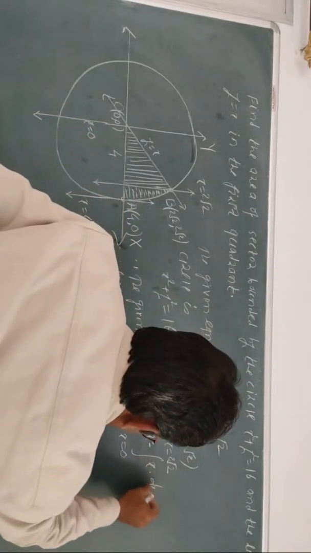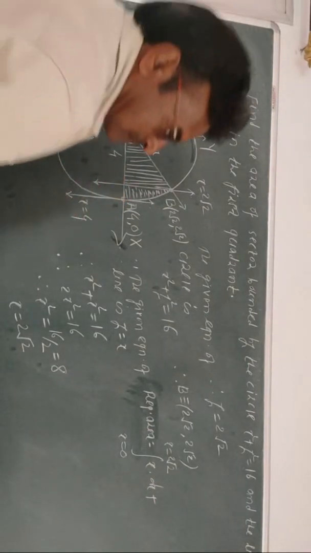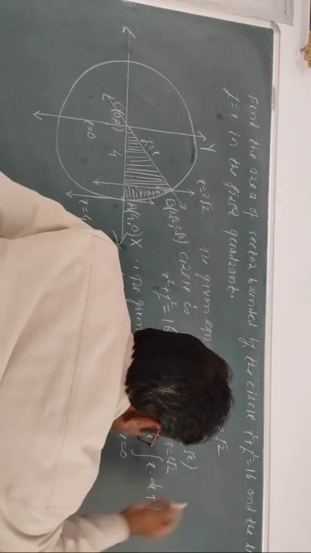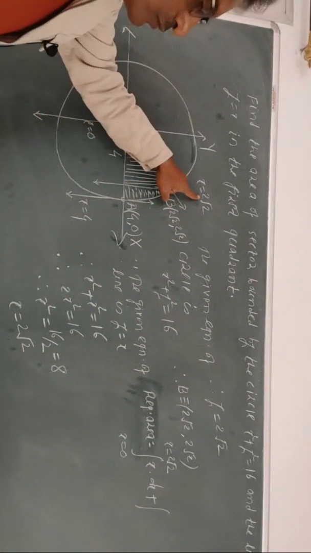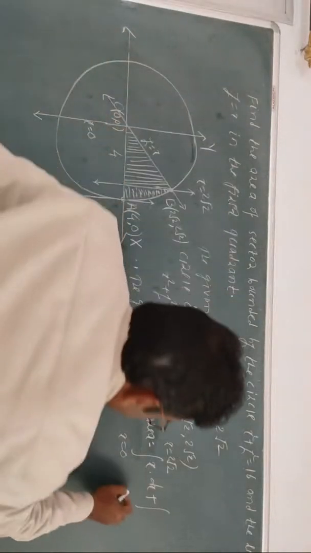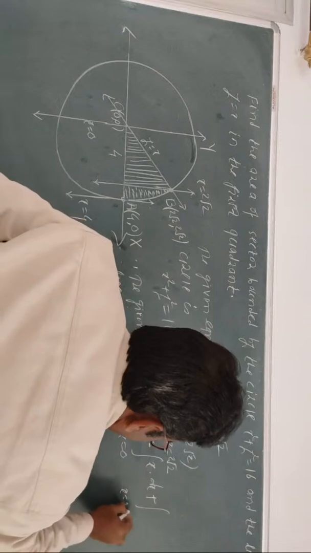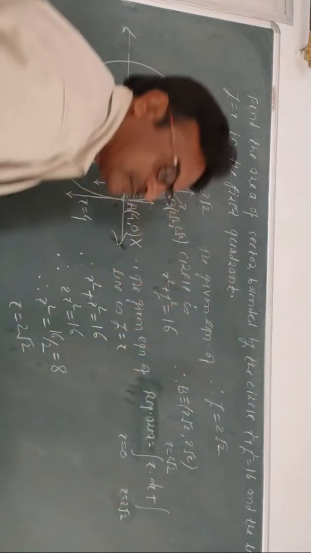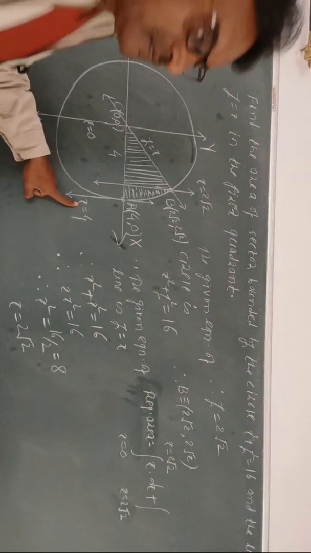So we write x into dx plus, next we find this area. So integration, where the lower limit is x is equal to 2 root 2 and the upper limit is x is equal to 4,